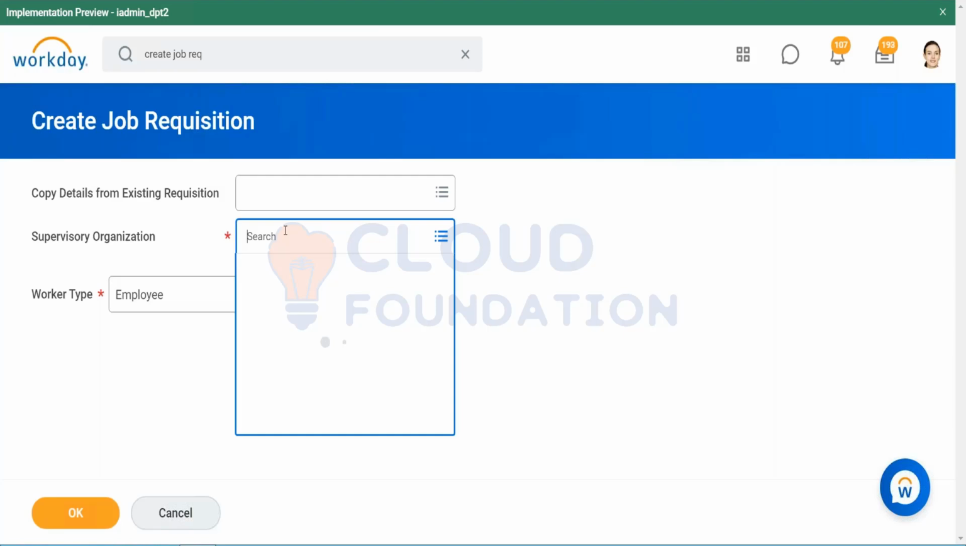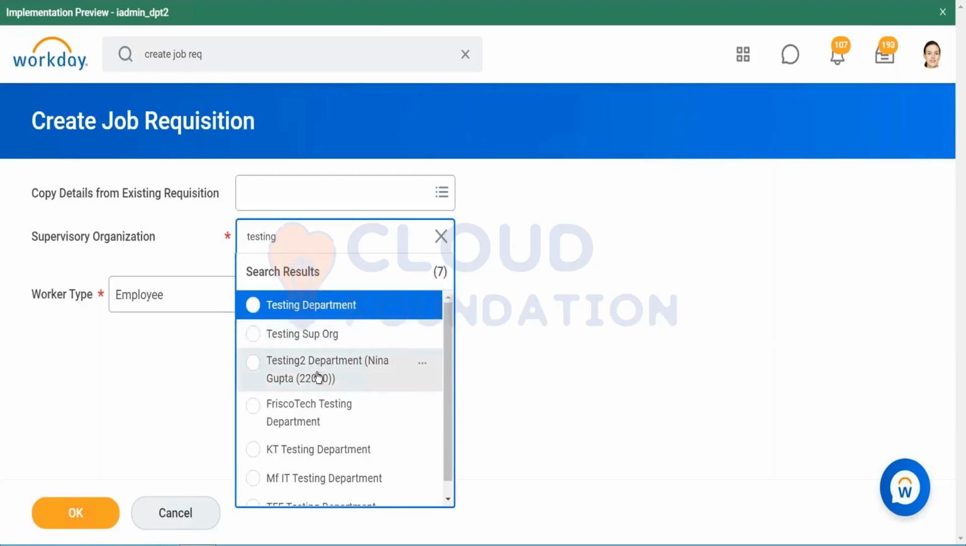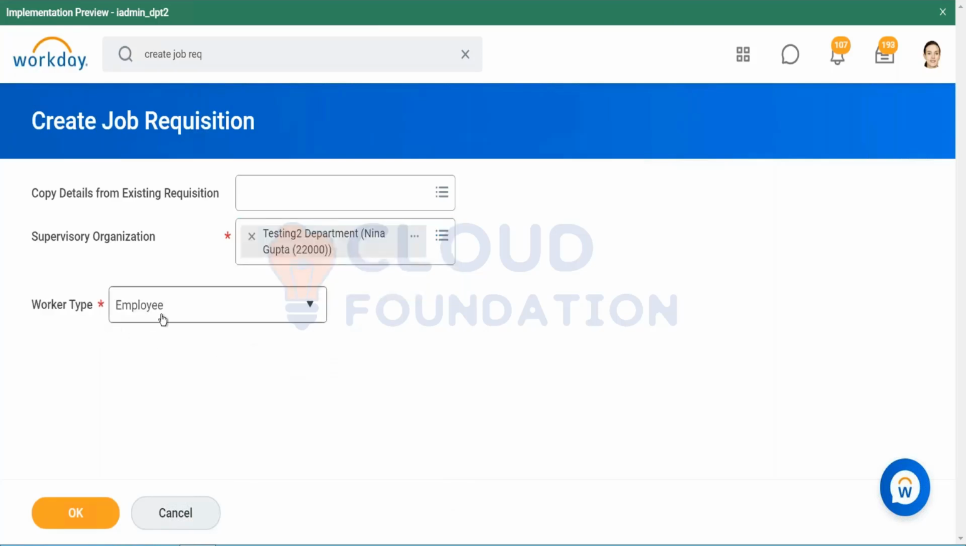So I'll add my SOPOG, that is testing to department, and the work